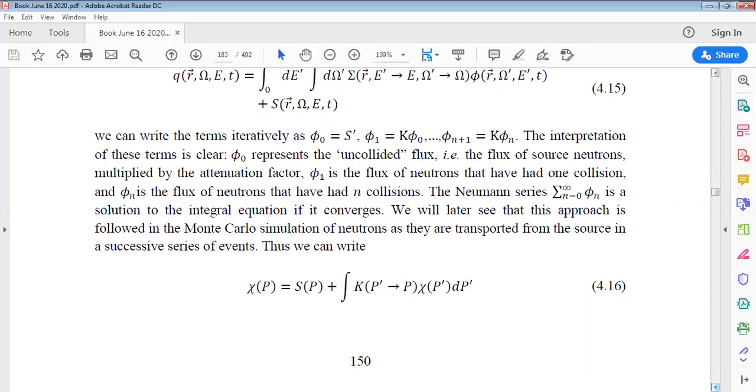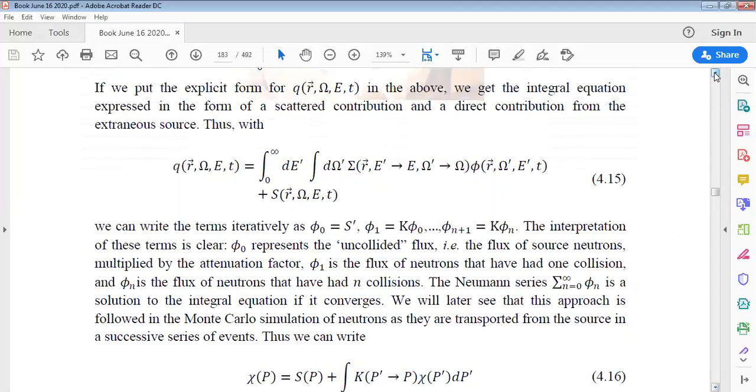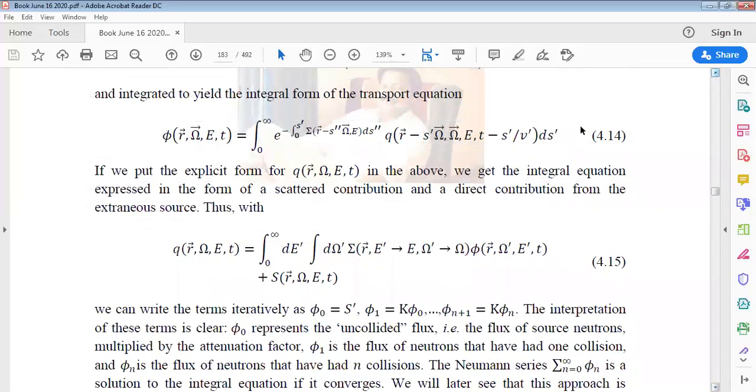So the standard procedure is to take a guess, phi naught, and put it on the right-hand side over here in Q, because Q's got phi. So put it as a guess over here and get phi 1 on the left-hand side. Then put phi 1 as a guess and get phi 2, then put phi 2 as a guess and get phi 3, and successively go on and on until you get the nth